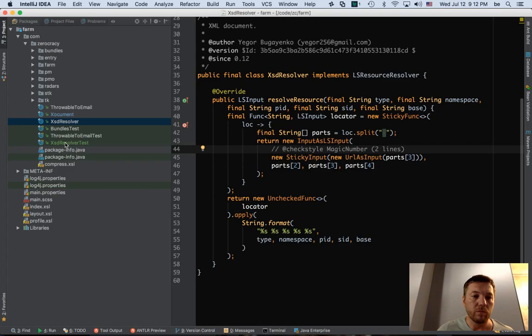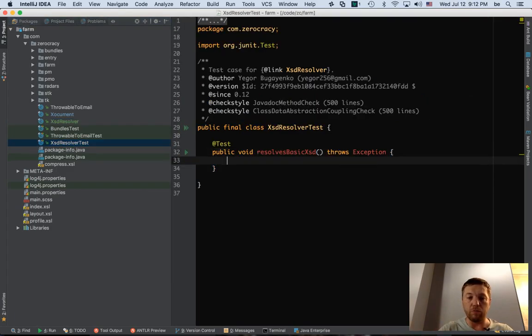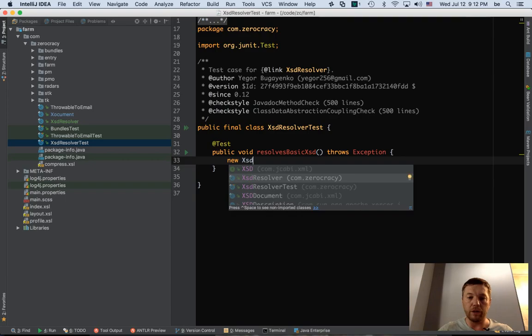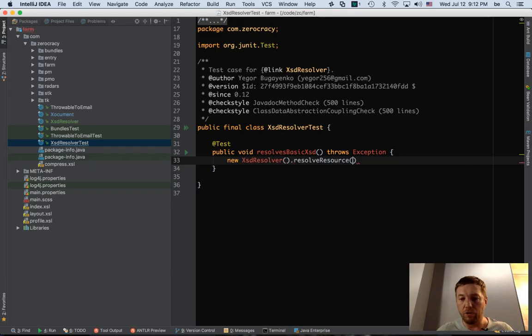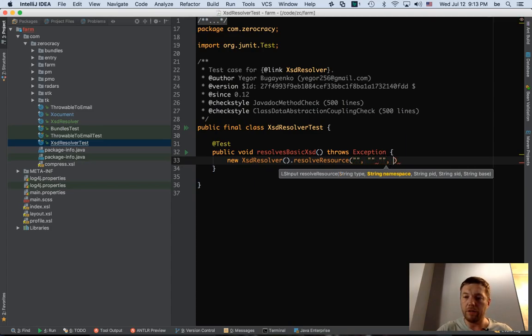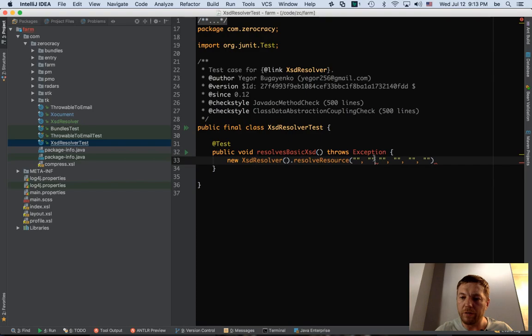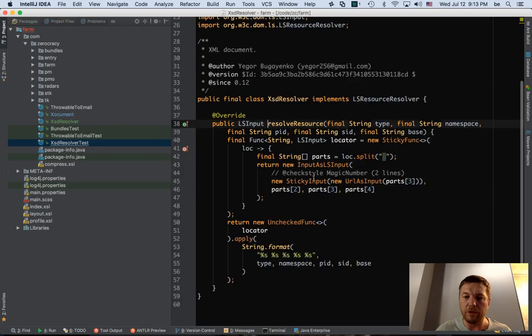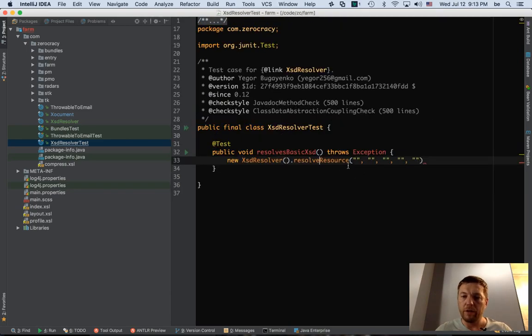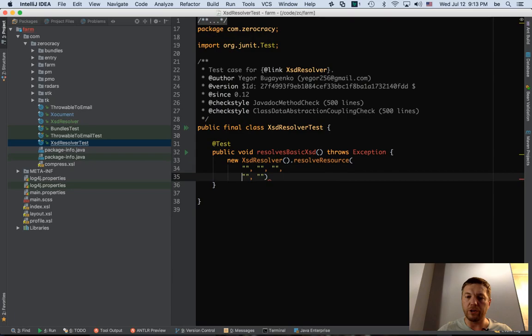And let's see the unit test. There's no unit test, so let's write one. We need to do something like this: XSD resolver, resolve, resource, type, namespace. It doesn't really matter, I guess. What matters among these 5 parameters is, let's see which one matters. It actually loads the parameter number 4. See, so the parameter number 4 has to be the URL. So 1, 0, 1, 2, 3, 4. Here we have to put the URL. So let's put that URL, which is in trouble.